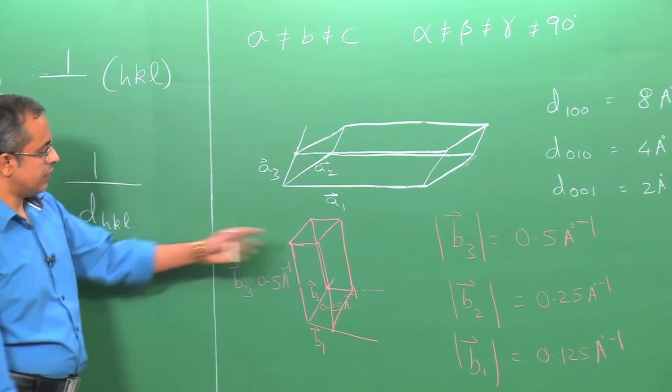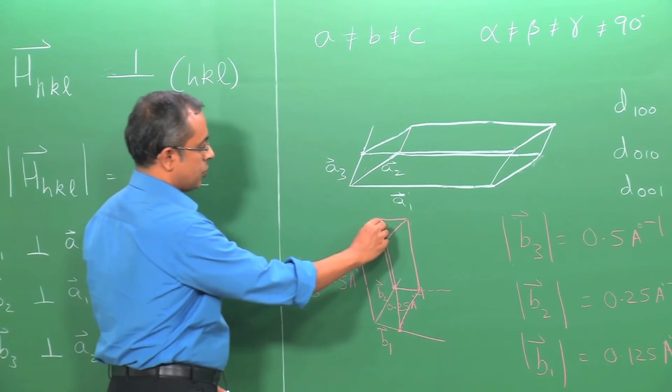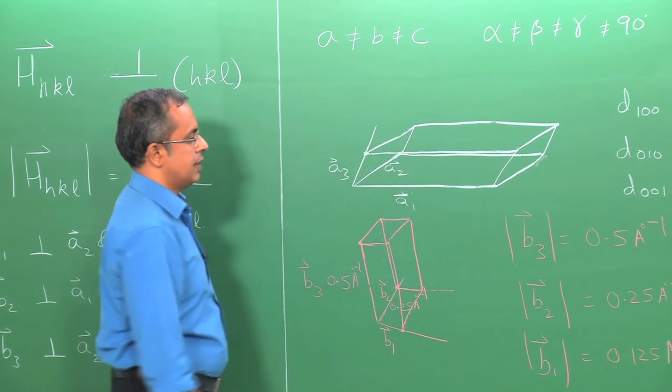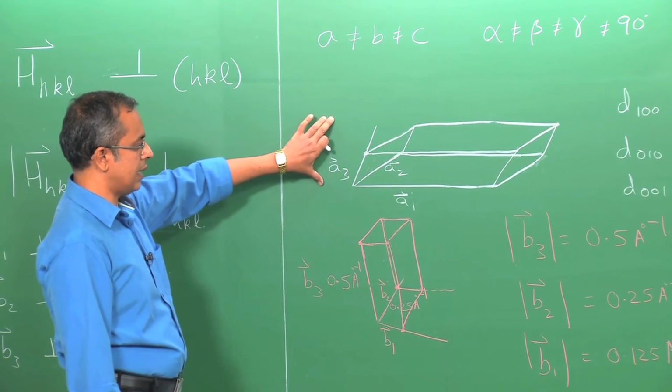So there you go, we have the reciprocal lattice. So this line goes all the way down here up to here. So that is the reciprocal lattice corresponding to this real lattice, which is a very generic triclinic lattice, and